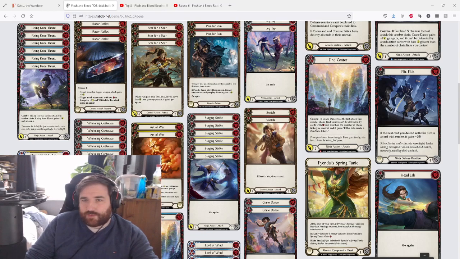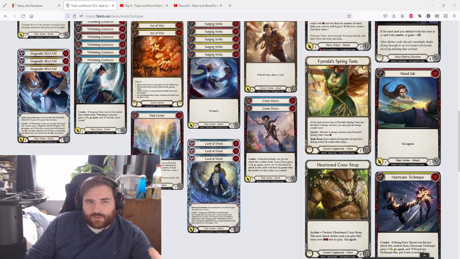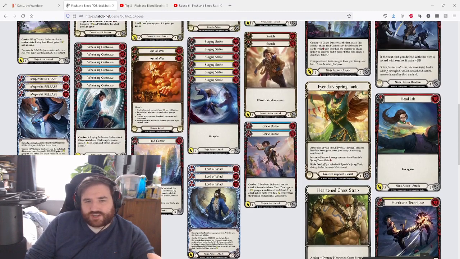And then you can fetch Mugenshun, play it, and then, of course, Mugenshun turns into Lord of Wind. If you're not familiar with these two, Mugenshun essentially lets you fetch as many Lords of Wind as possible. Lord of Wind lets you spend additional resources when you play it to shuffle in any number of the Surging Strikes, Whelming Gust Wave, and Mugenshuns, and gets a bonus to attack for each one you shuffle in. So doing this, Surging Strike, Whelming Gust Wave, Mugenshun can come in for 5, 4, 5, 8